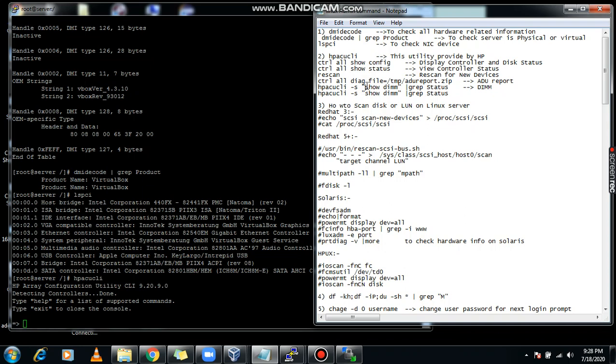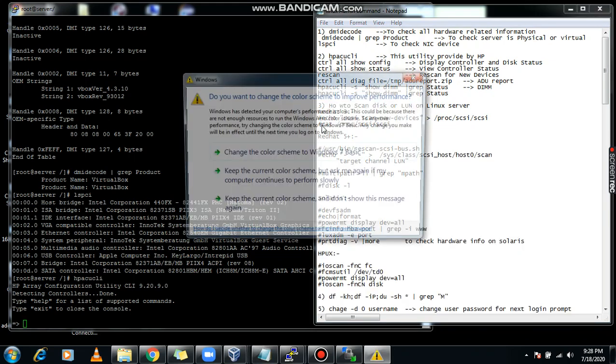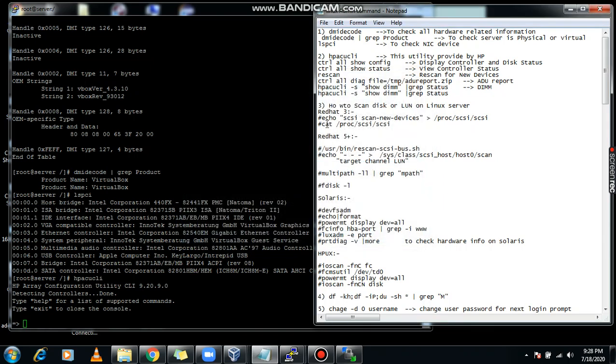How to scan a LUN in the Linux environment? If the storage team provides a LUN from the storage end, how can you scan the disk in all the Linux environments? In Red Hat 3 we can use this command: echo "scsi-new-devices" > /proc/scsi, and you will get the information using the cat command.